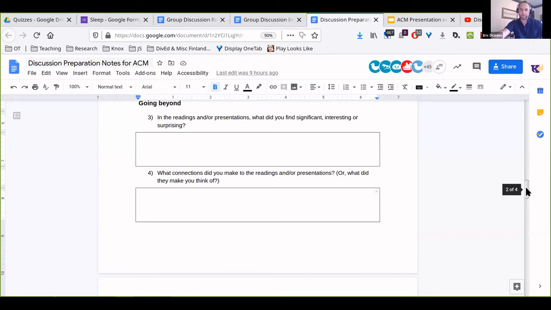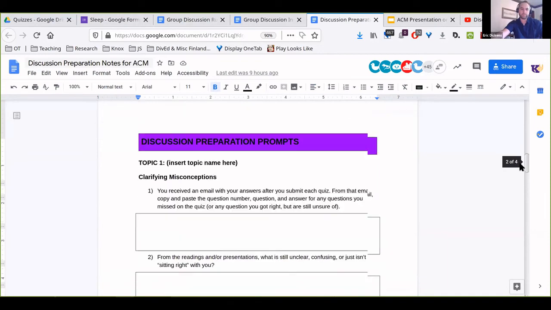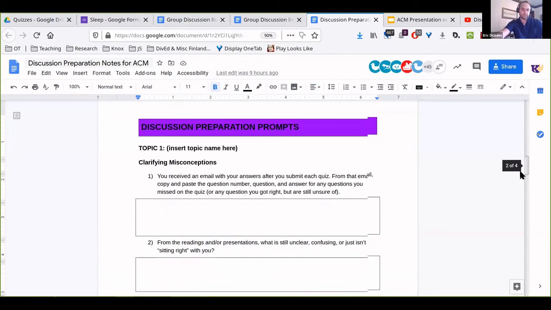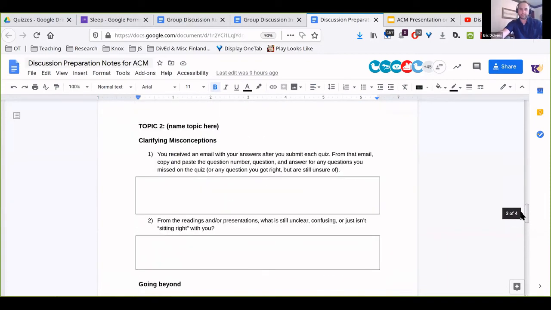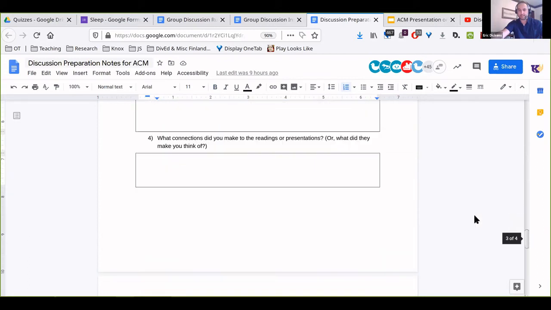So those 4 questions were for the Monday readings, or topic 1. They had the exact same thing for topic 2, or Wednesday's readings. There was a quiz where they posted their missed questions, a space to write down questions that they still had, and then ideas and connections that they made. So all of that intentional thinking, intentional reflecting on what they had just read was helpful,